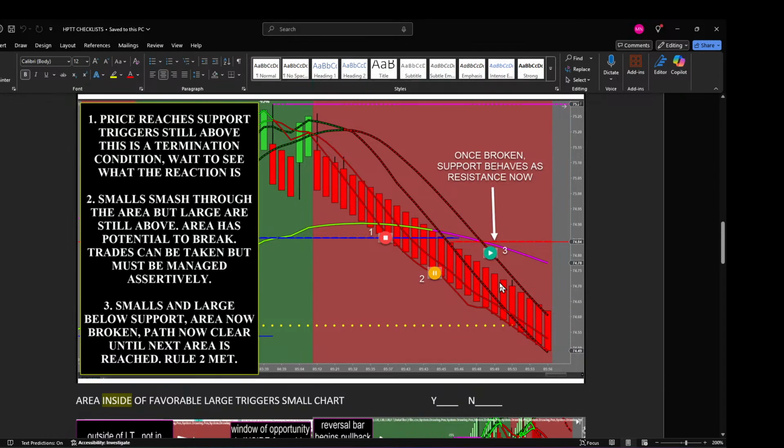And the reason you're doing this is because if you look at your charts and you say out loud, this only has the potential to break, then you know you need to manage assertively. This is a termination condition. Then you know it could reverse the market. You know exactly where the trouble line is, and if something changes, you can manage even more assertively. And if it's a clear path, you might say to yourself, I'm going to relax. I'm going to let that momentum and nothing in the way, hopefully push it to the next area. I'll look for a reason to exit, but if it doesn't give it to me, we're going to ride that